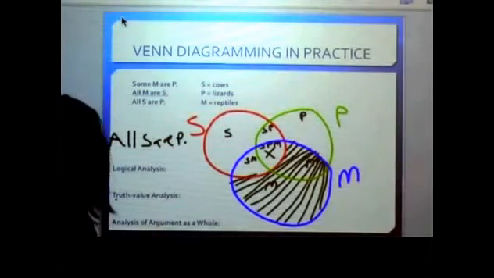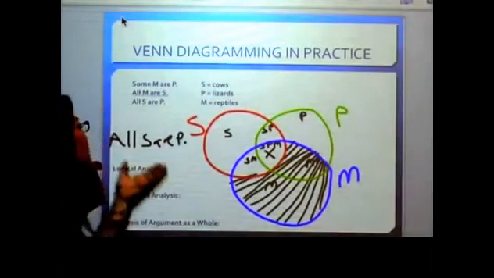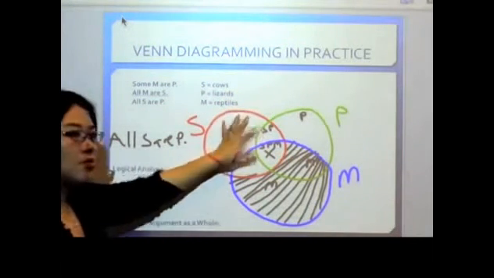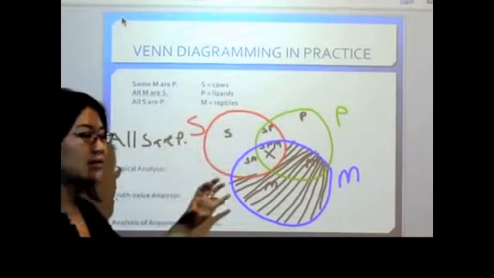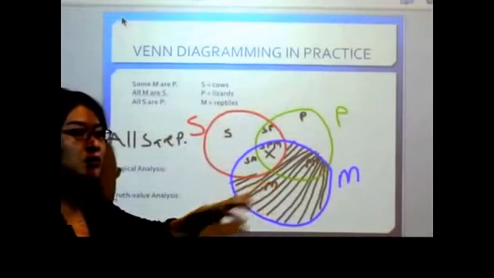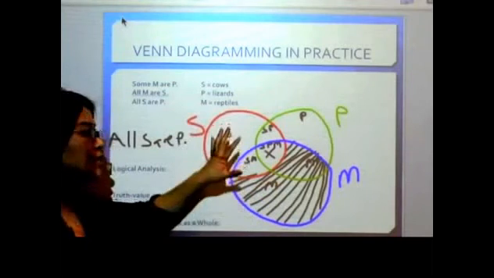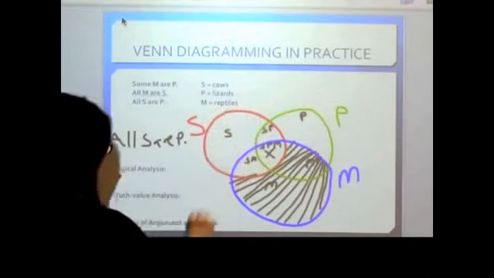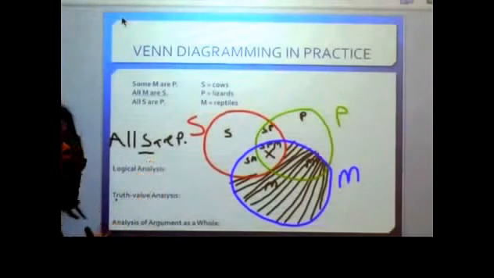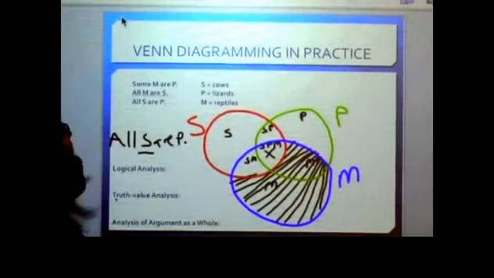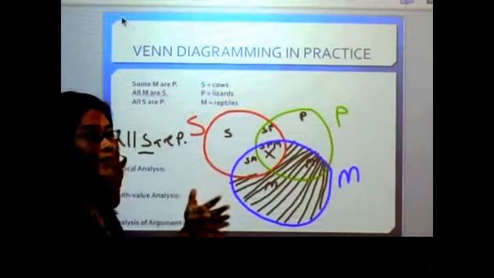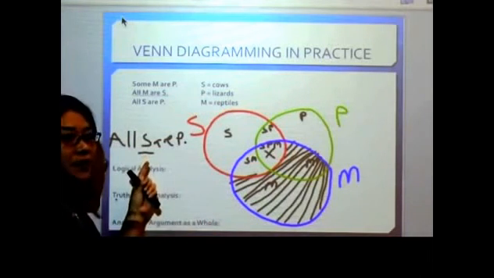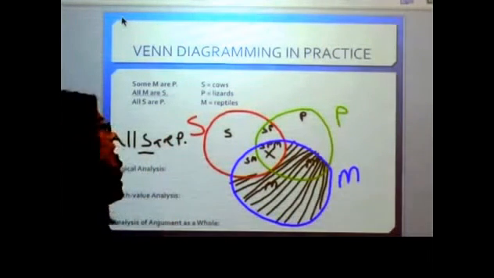Okay? So what we want to look for, because the conclusion is all S are P, is that the S circle shows that all the things that are S's are in fact P's, which means that there are no things that are S's that are not P's. Okay? So if we look at the S circle here, which is the subject circle of our conclusion, we see that it's not the case that all the things that are S's but not P's have been shaded away. Okay? So